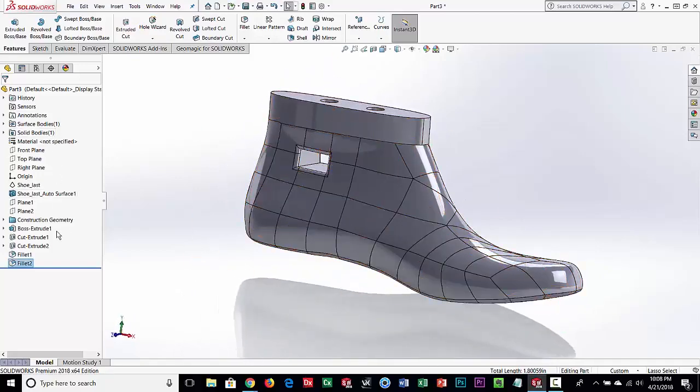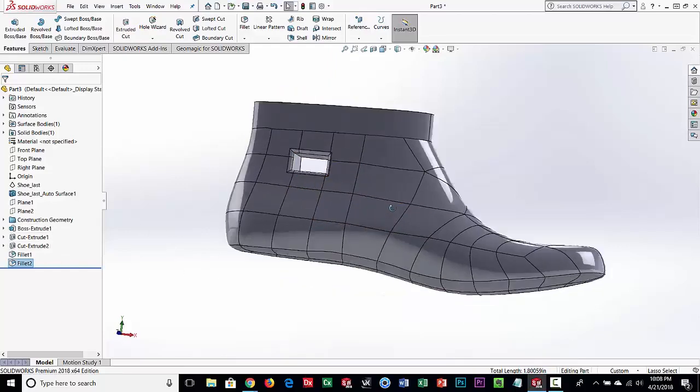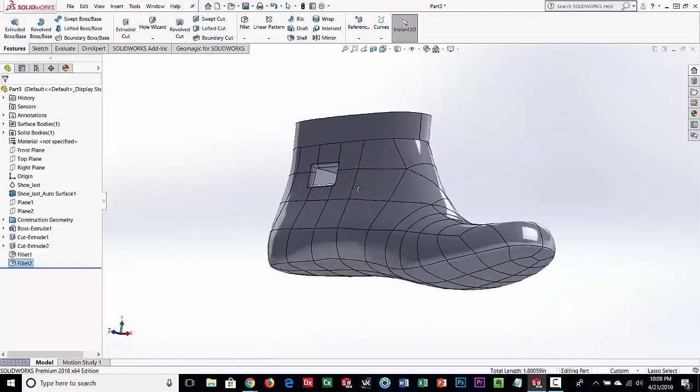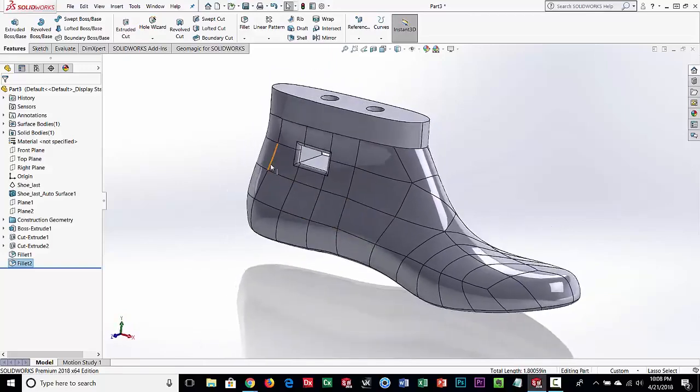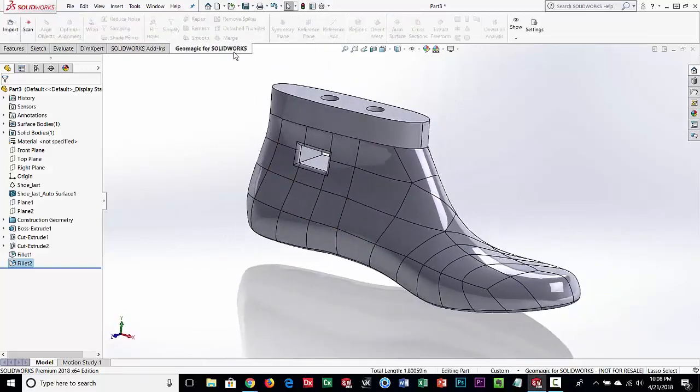Okay, so again, it's a little bit of this organic modeling, and then some traditional modeling, and that's why we call it hybrid modeling. So just a quick overview of hybrid modeling using the add-on product called Geomagic for SolidWorks.